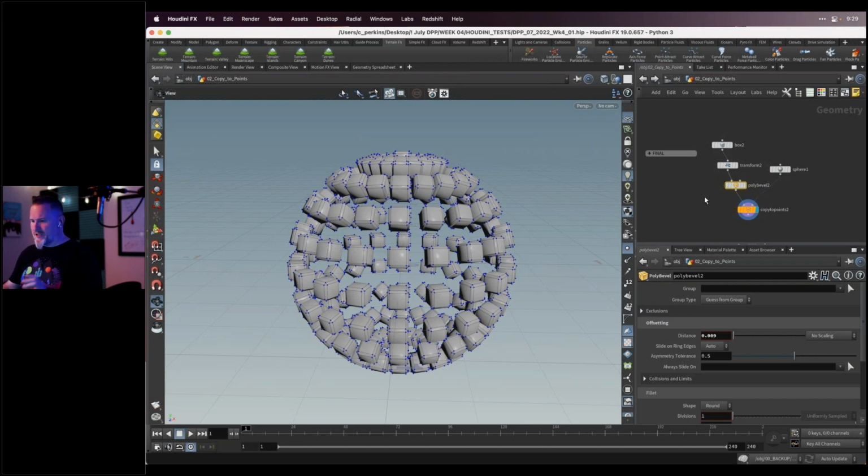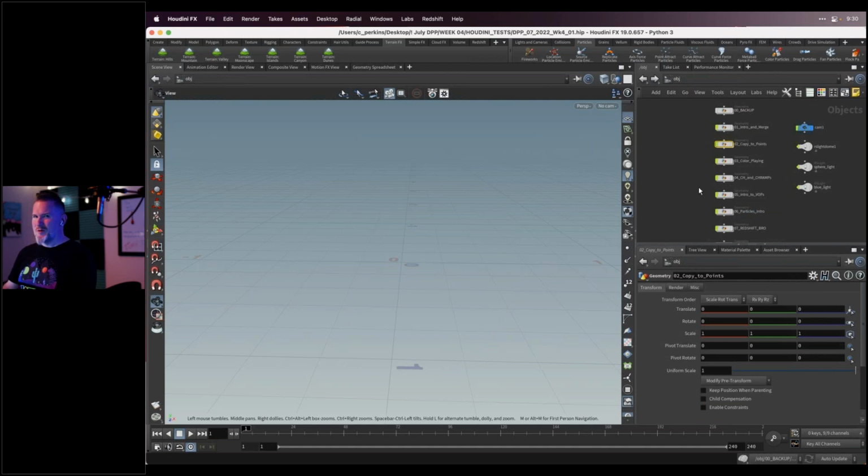So, okay, this is all I wanted to cover with copy to points, but this is essentially how we instance our particles, because once we're at the end of the day, once we're left with particles, it's just going to be a series of points, and they're not going to render because points don't render. It's just like in Cinema, an edge, or a Bezier point on a shape, or vertices, they don't render. So the way that we instance those is by using this copy to points node. So we could use copy to points to create geometric objects like this, but we could also use copy to points to instance our particles.